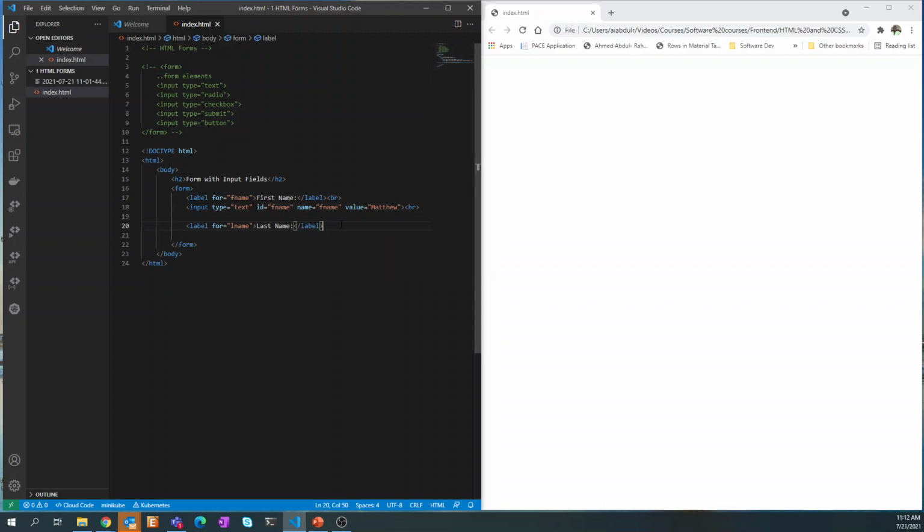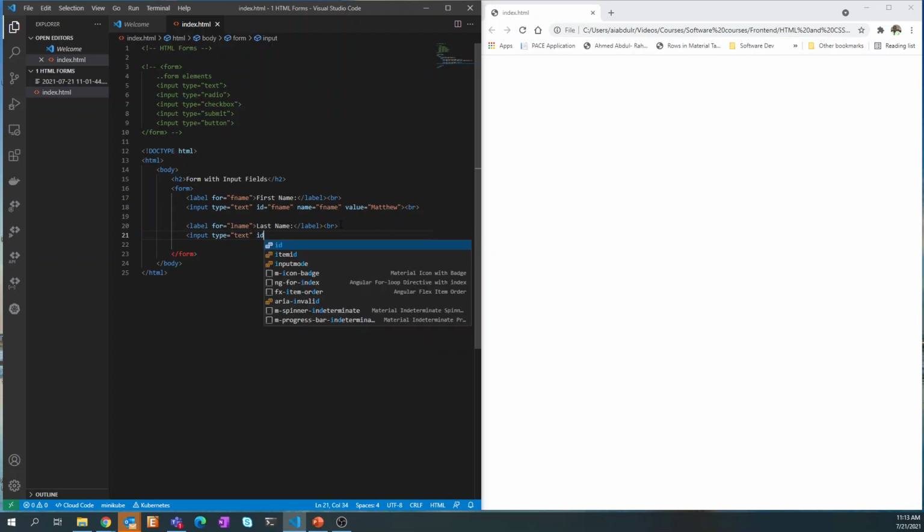And then I'm gonna break up the line, and then I have my inputs, which is gonna be my last name. It's gonna be a type text,